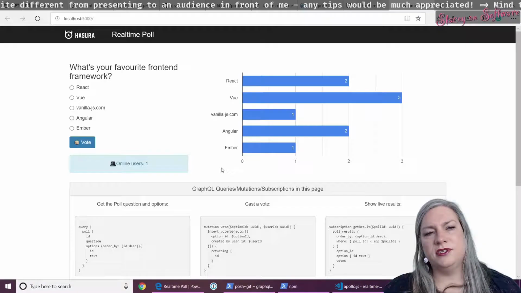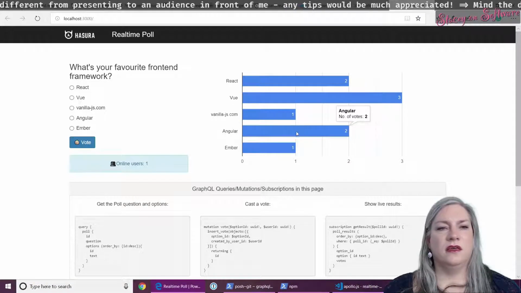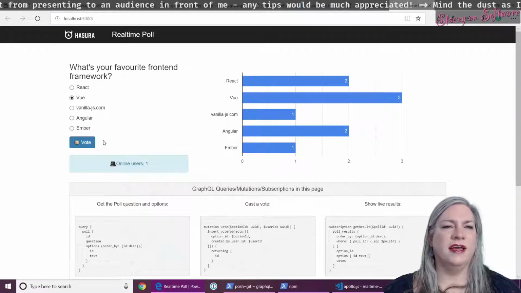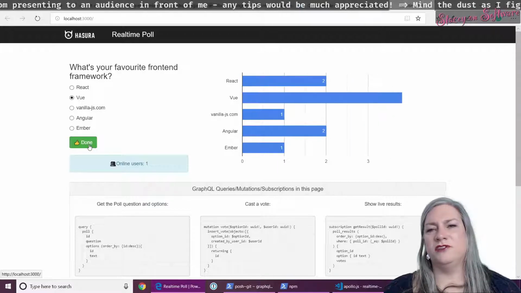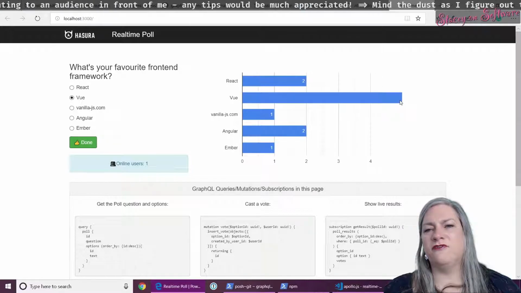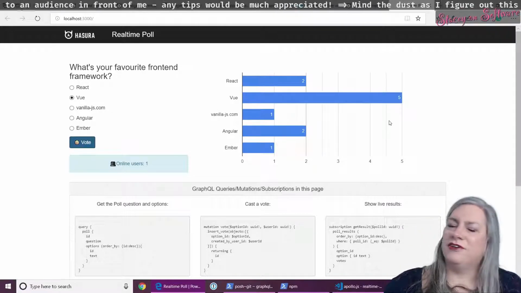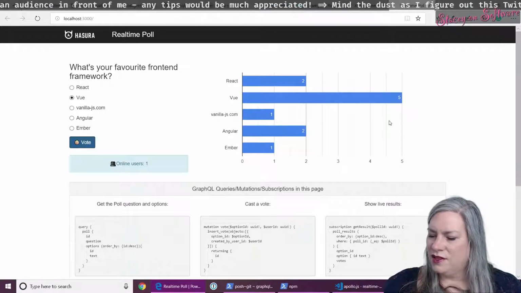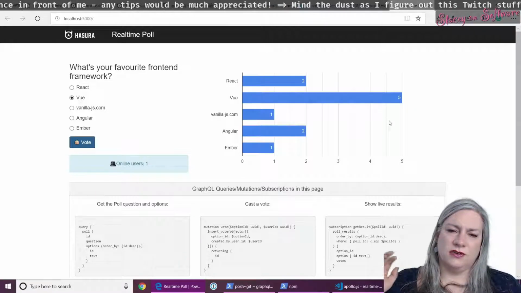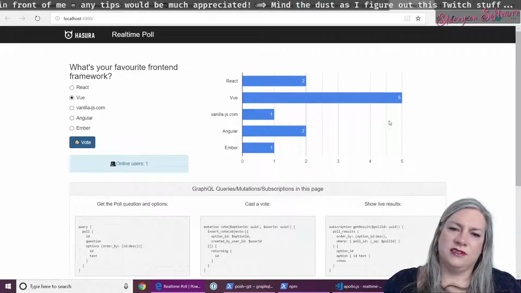So really, you can see the poll is active. If I vote for Ember, now let's vote for Vue. If I vote for Vue, then you can see 3 goes to a 4. I'll vote again, and 4 goes to a 5. Now that's a live reload, or not a live reload. That's a GraphQL subscription. So there's a trigger inside the database that is getting